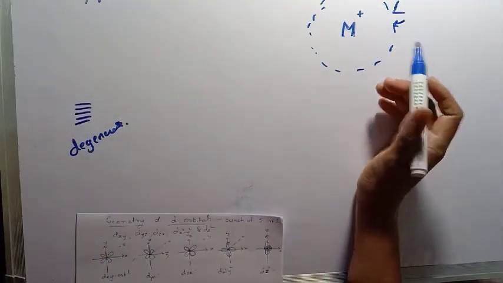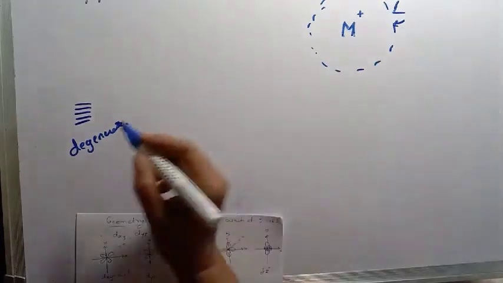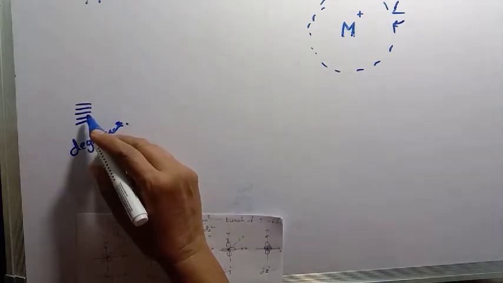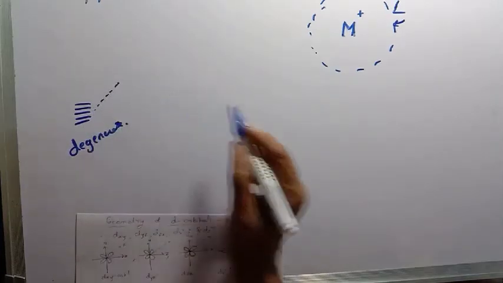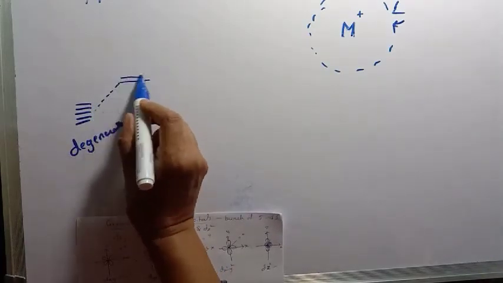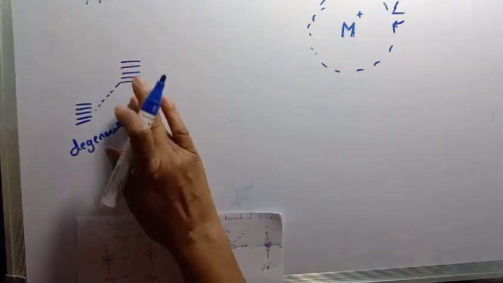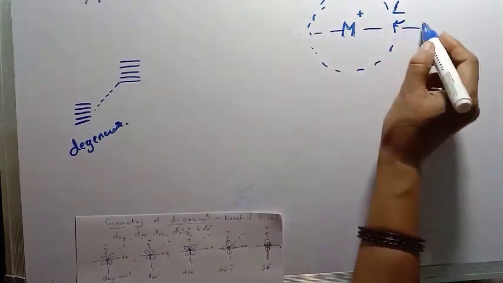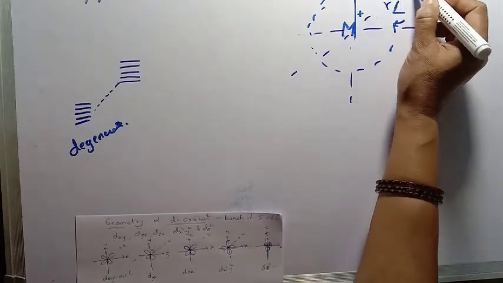When the ligand field, which is spherically symmetrical around the metal ion, approaches the central metal ion, due to the interaction of the ligand field with the electrons present in the d orbitals, and since they are spherically surrounded, all the 5 d orbitals interact with the same force. As a result of the interaction, the energy of all the 5 d orbitals is raised. Further, when the ligands come quite near to the metal ion,